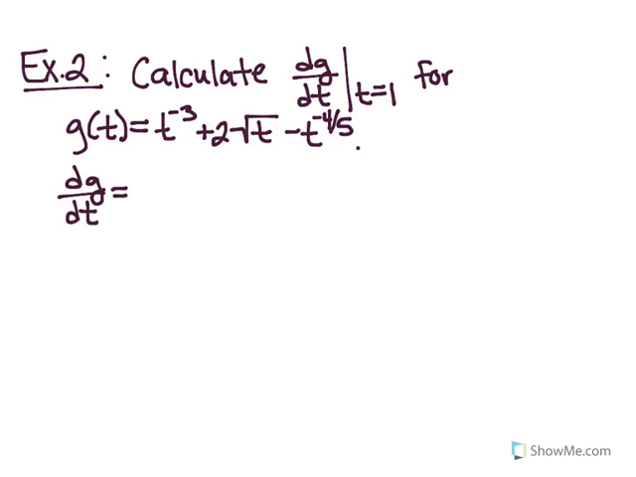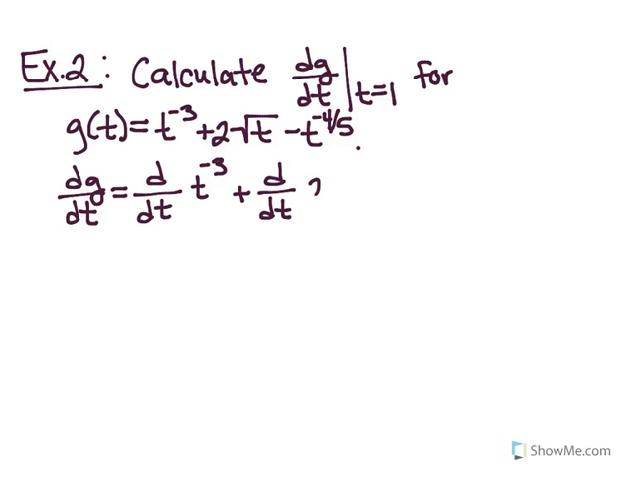So I'm going to start this off by saying dg/dt is equal to, and I'm going to separate all my terms. Of course, once you become comfortable doing this, you won't have to write out as many steps. But since this is our first or maybe second time doing this, we're going to make sure that we do this carefully. So this is going to be d/dt of t to the -3 plus d/dt